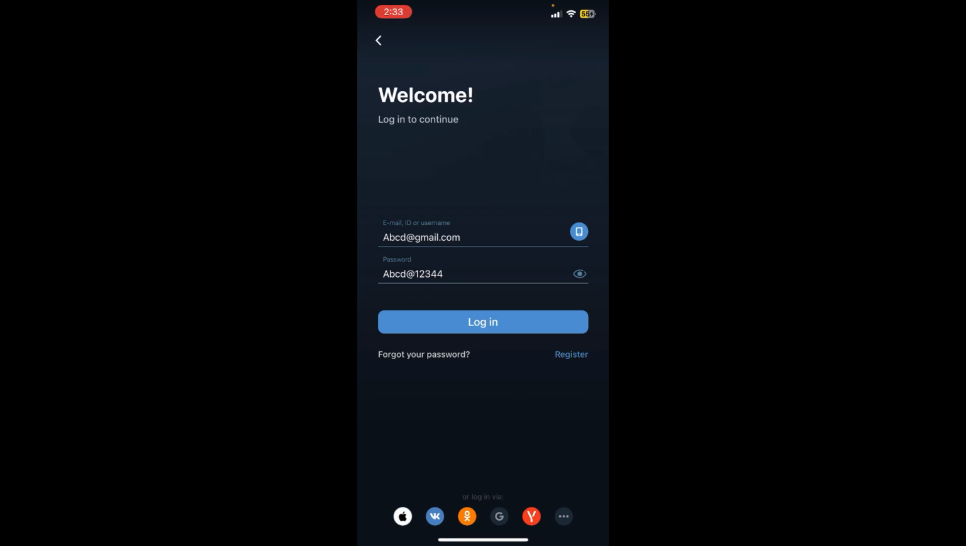And by chance if you have forgotten your password, simply click on forgot your password on the screen and complete the formalities and you will be able to log in. So basically this is how you can log into OneXpert,